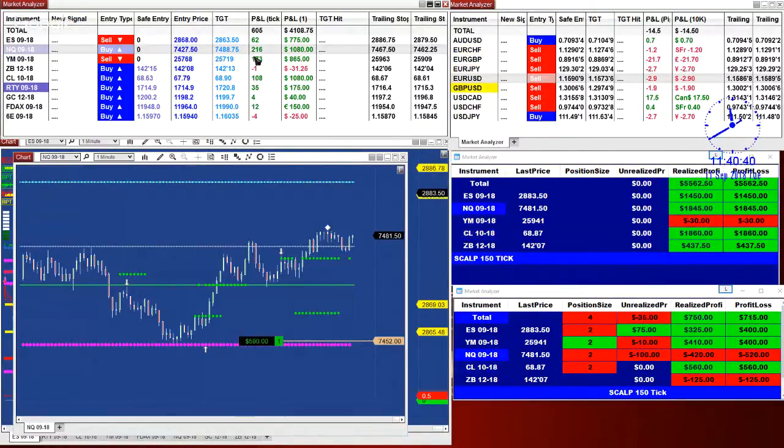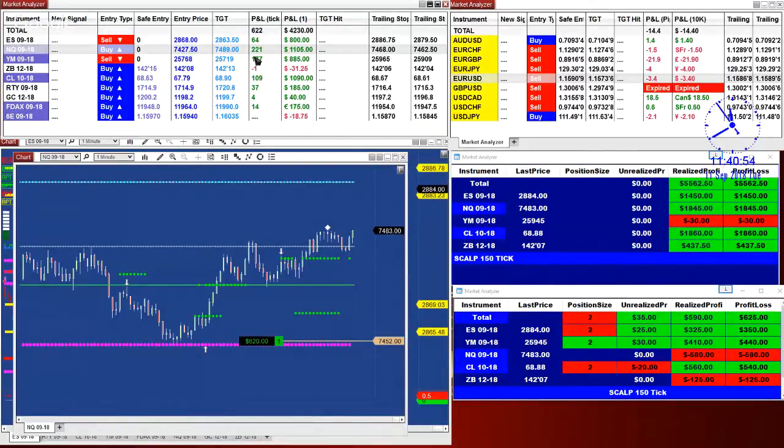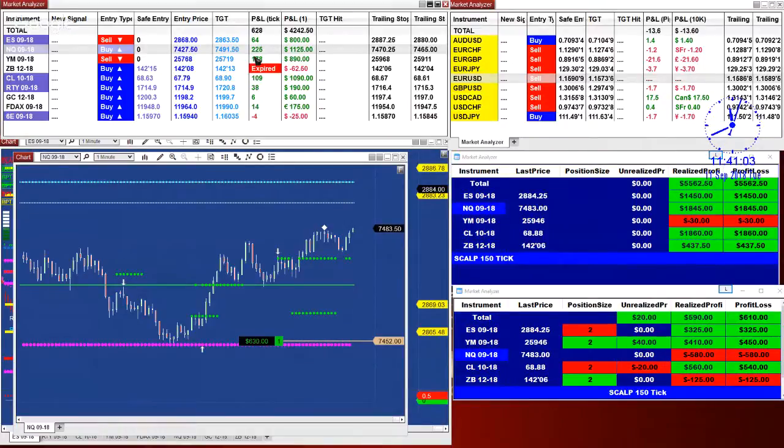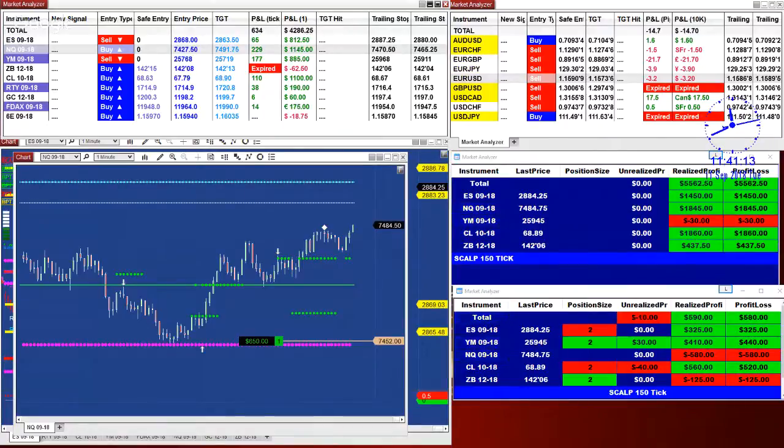Now, if you wanted to continue trading the Nasdaq and you are feeling good about yourself, you nailed over 100 ticks for today. What you need to do is wait for the new signal. It is no longer tradable to go long in here, and there is nothing to touch in this market anymore. I will not touch this market at any price. You just wait for the new signal to come out from the market analyzer, and you follow it.